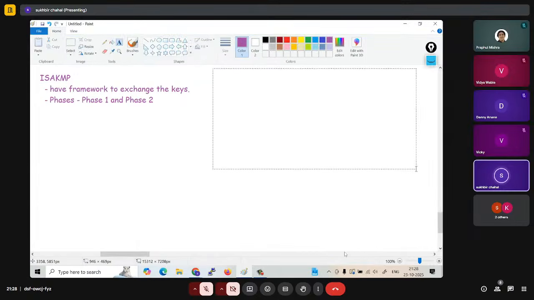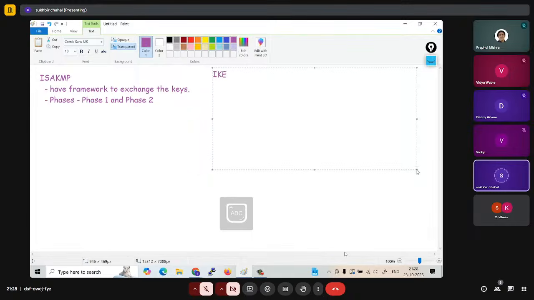But the IKE protocol is giving us the idea of how we can exchange those keys. ISAKMP knows I have to exchange the keys and I have a header to exchange the keys, because ISAKMP is a proper UDP based protocol. So ISAKMP has a header to exchange those keys, right? But ISAKMP doesn't know how I have to exchange the keys, what the process will be, like which keys I have to exchange first. So IKE is here giving you the framework to exchange the keys